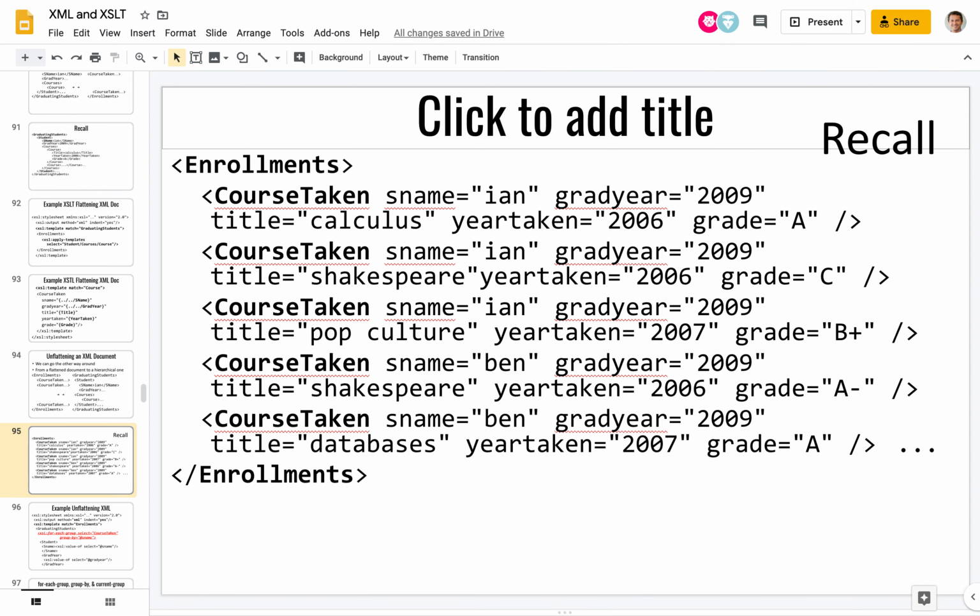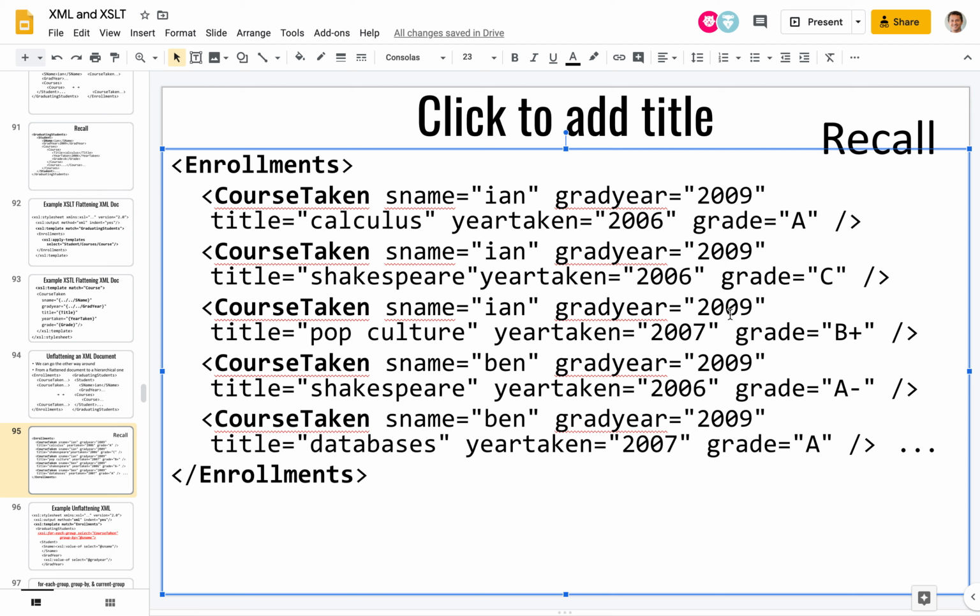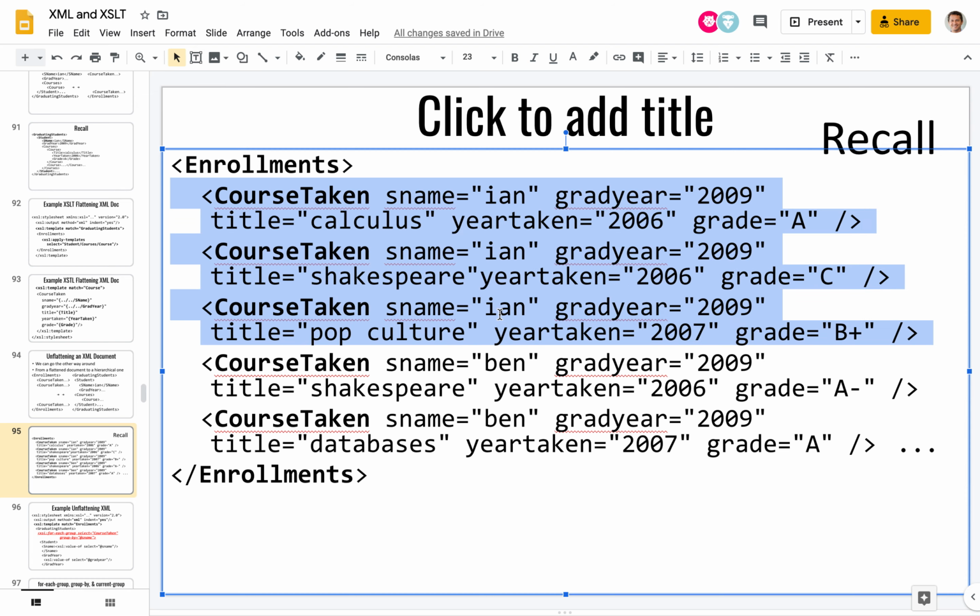All right, so let me backtrack a little bit. We want to be able to normalize this data. It's denormalized, and we have a lot of redundancy. The graduation years are being repeated, and the names of the students are being repeated. So we want to make a mechanism that will allow us to